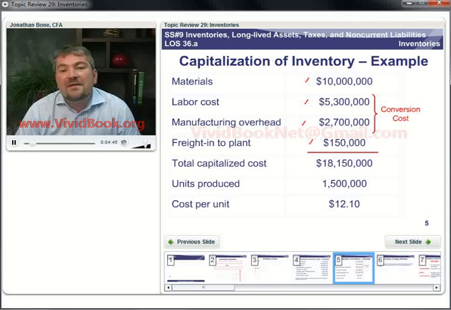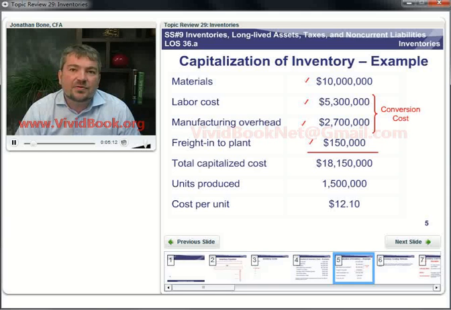Our manufacturing overhead would include all of the overheads related to production, such as the electricity for the machines, the depreciation of machines, etc. Okay. Any administration overheads, anything to do with the daily running of the business, but not directly related to production, cannot be included. So if we add up our costs, 10 million, 5.3 million, 2.7 million and 150,000, we get a total